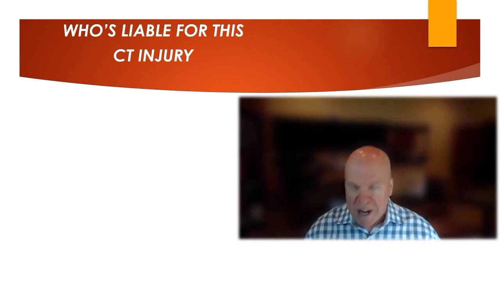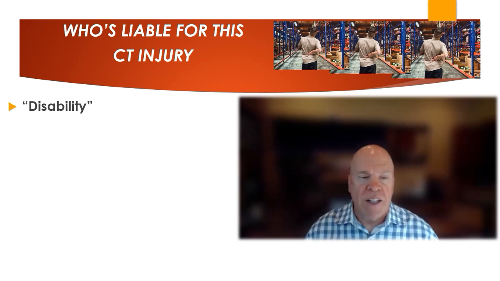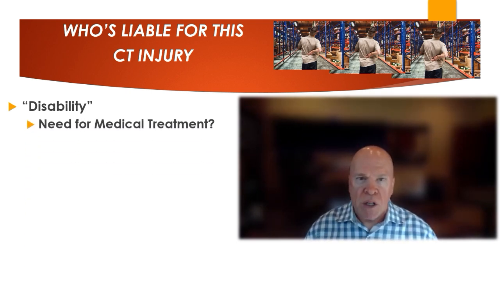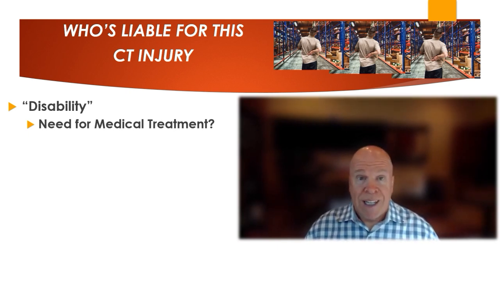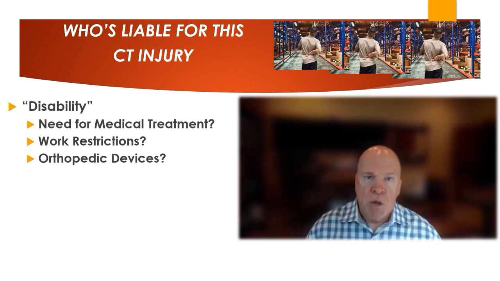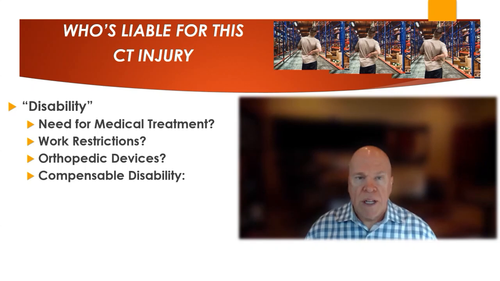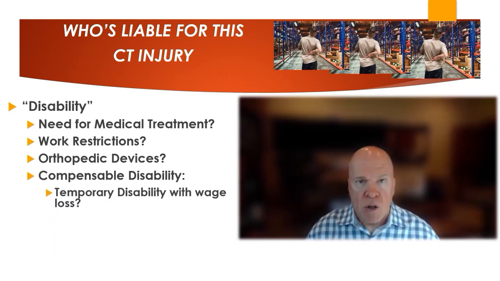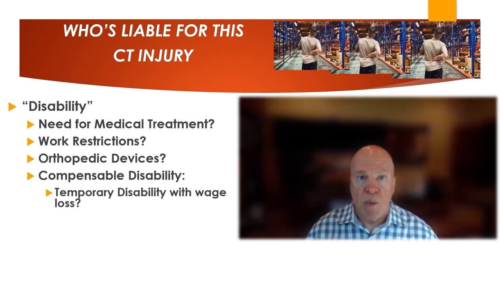And so now, in a dramatic drum roll, we see that the Rodarty case brings all of these ideas together, and we now know that disability can be many things, can be satisfied by medical evidence of a need or even a new need for medical treatment, by the need for work restrictions or modified work duties, by the prescription of orthopedic devices. We talked about two cases that involved wrist splints and wrist braces. And then certainly compensable disability in the form of temporary disability is the slam dunk criteria to establish disability under 5412.